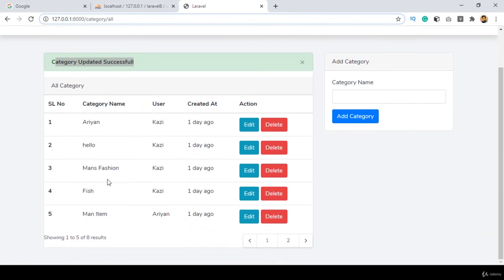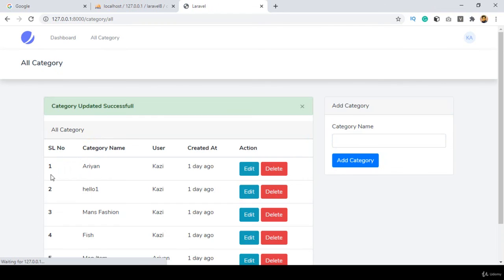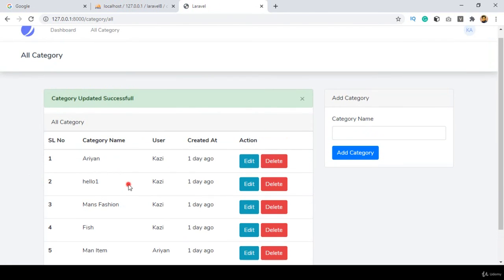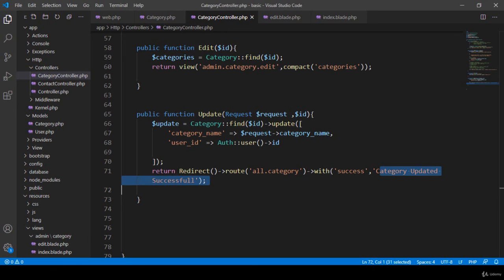Perfect. So if you want to change anything, there is a hello. I make it a hello one. Click update category. Yeah, category updated successfully, and that is actually our category. Perfect. So friend, we successfully complete our update portion using that Eloquent ORM, right? So that is our Eloquent ORM, all that code. But here, if you want to update it